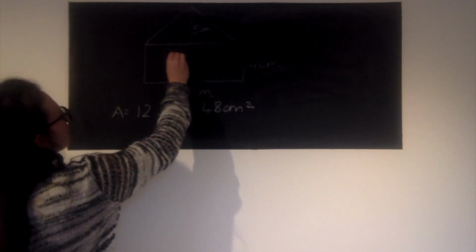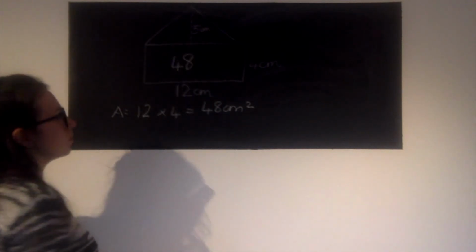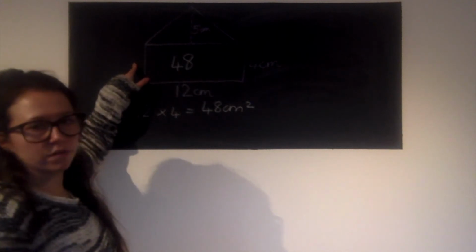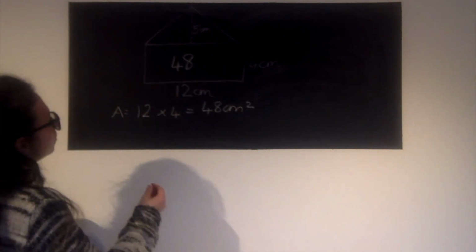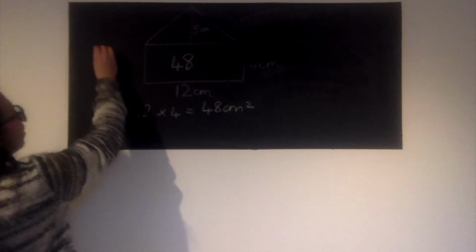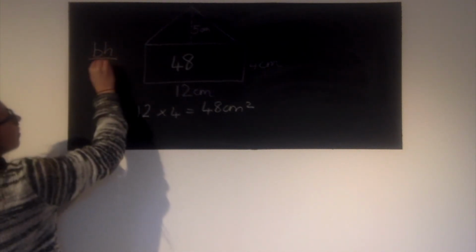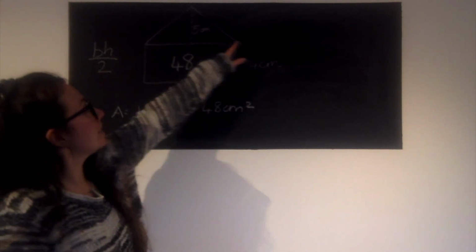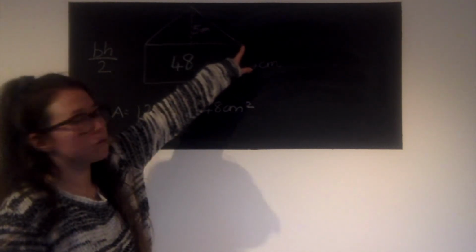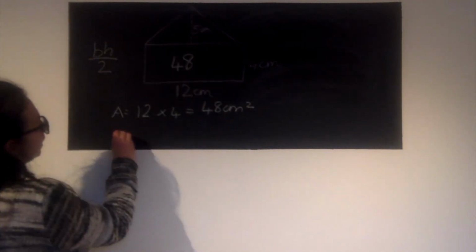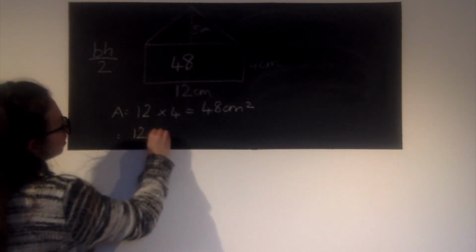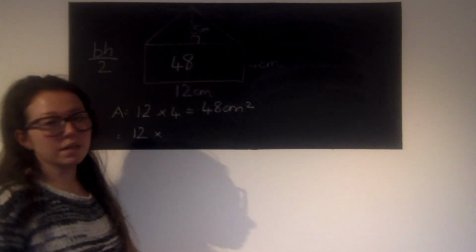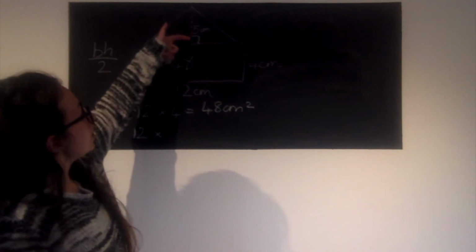So the area of my rectangle is 48. Okay, remember we're looking at the area, which is the inside of the shape. We're not just adding up the outside. Now let's have a look at our triangle. So our formula, remember, is base times height divided by 2. We know the length of the base of the triangle because it's the same as the top line here. It goes all the way across. So the base of the triangle is 12 centimetres times by, we've been given the height here. Remember, it meets at a perpendicular point, at a right angle, so it's 5